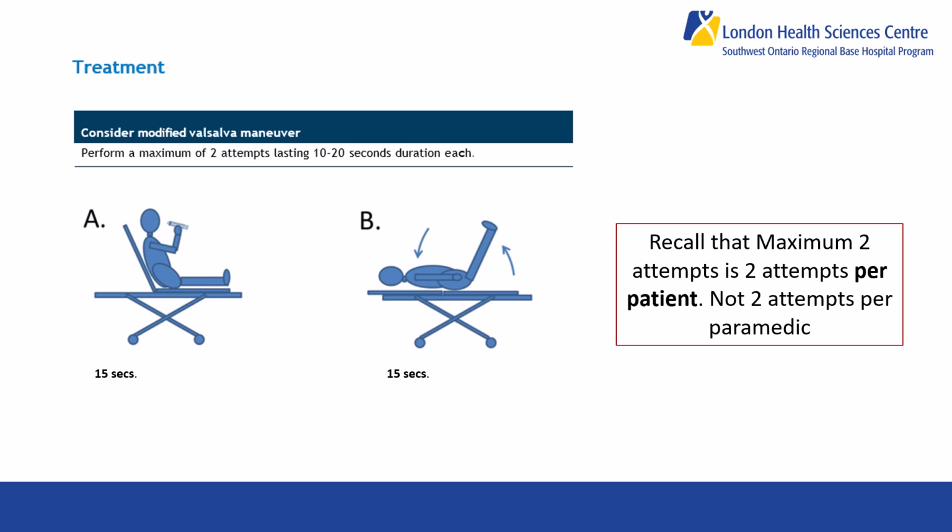Post that 15-second mark, the patient is returned to their upright seated position to see if a normal sinus rhythm was obtained. If conversion does not occur, another attempt is made when the patient is ready to do so, as long as the patient still fits within the specific parameters. This will require paramedics to obtain a new set of vitals and a 12-lead before another attempt. The allowance of the Valsalva maneuver is 2 attempts per patient, not per paramedic.